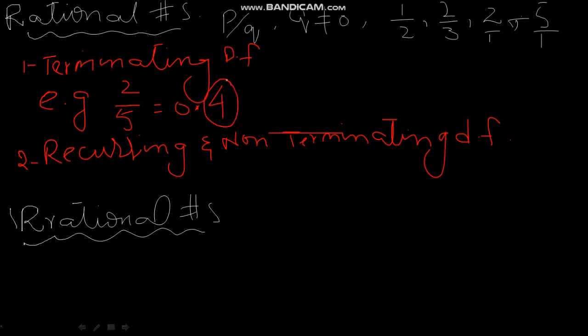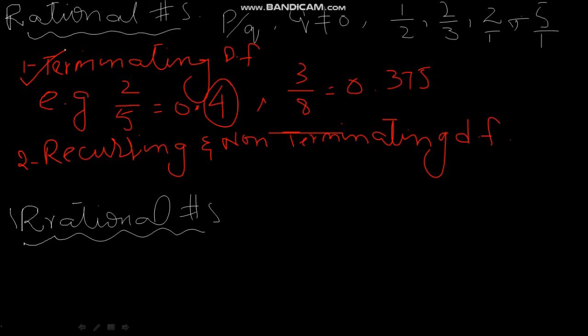Decimal part means the part after the point. You can count them, they are a finite number of digits. Let's take one more example of this, like 3/8. Here you can see that 3/8 is equal to 0.375. So here again in the decimal part, the part after the point, there are a finite number of digits. There are 3 digits. So when the number of digits in the decimal part is finite, it is called a terminating decimal fraction.